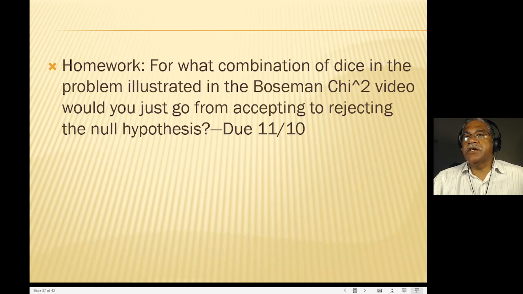No, I'm not looking for a single sequence. Look, he used the dice combination. Let me be clear about this. He used the dice combination to come up with a chi-squared value. Then he put it in the chi-squared table for the number of observations, 6 or whatever, right? He came up with a chi-squared value, and he happened to be on the lower side of it, which means that he had to accept the null hypothesis, that there was no statistical significance.